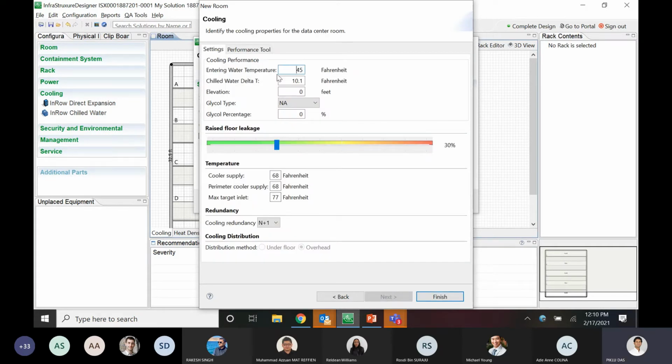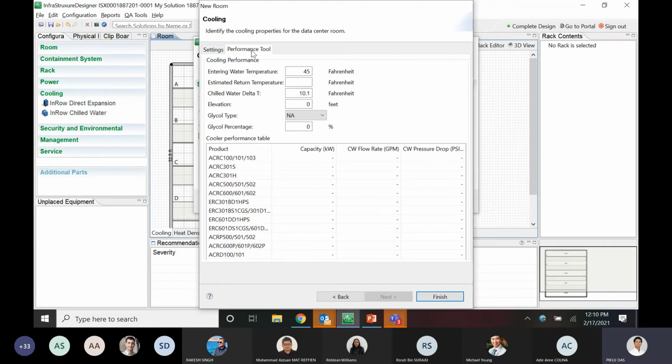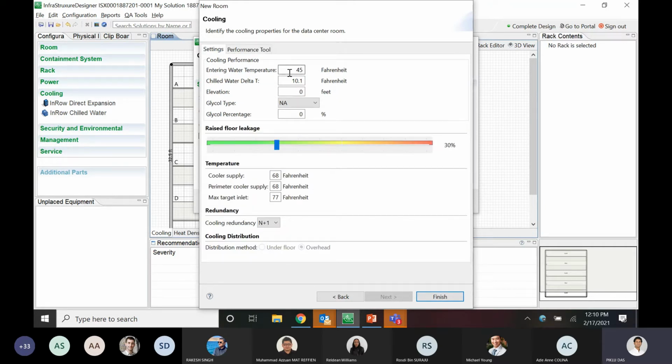Now in the cooling properties, if as a user you are not aware of the room entering temperature or the ambient temperature for which you are creating the design, you can keep this as default for now. But if you have the information from our Unical tool, then you can keep on changing this, and going forward this will also impact your cooling calculations when you will be selecting the cooling units in your design, right? So once I'm satisfied with my room properties for power, cooling, and the actual room properties, I can finish it.